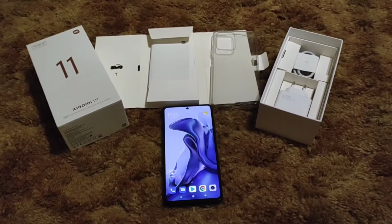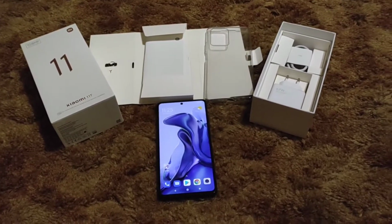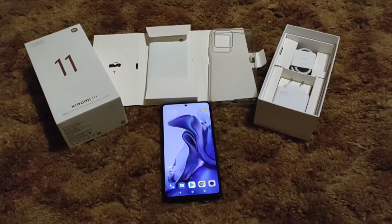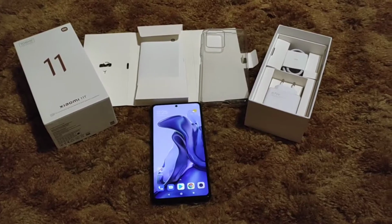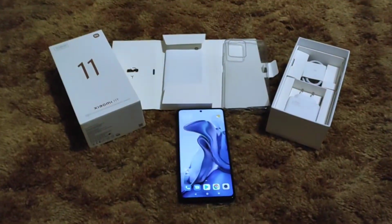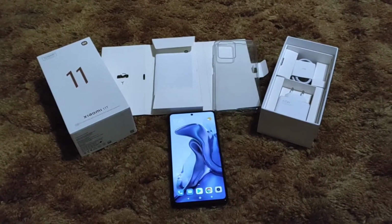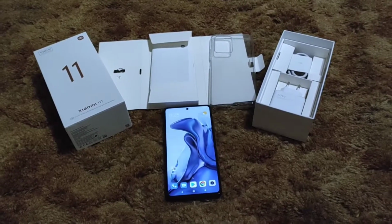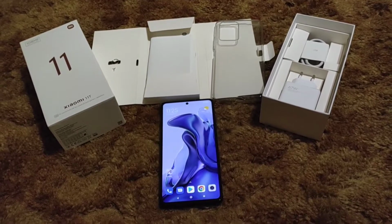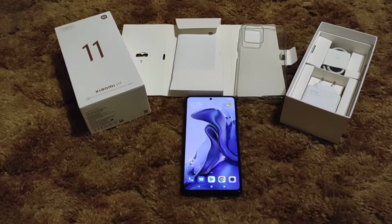You notice that Xiaomi has done away with the Mi branding, and these are the successors to last year's Mi 10T and Mi 10T Pro, and those were phones that I really enjoyed last year. Those were some of my favorite phones, or favorite series, I should say. There's a few more differentiating factors here this time. Well, kind of. Last year with the 10T and 10T Pro, the camera was the difference, but they both still